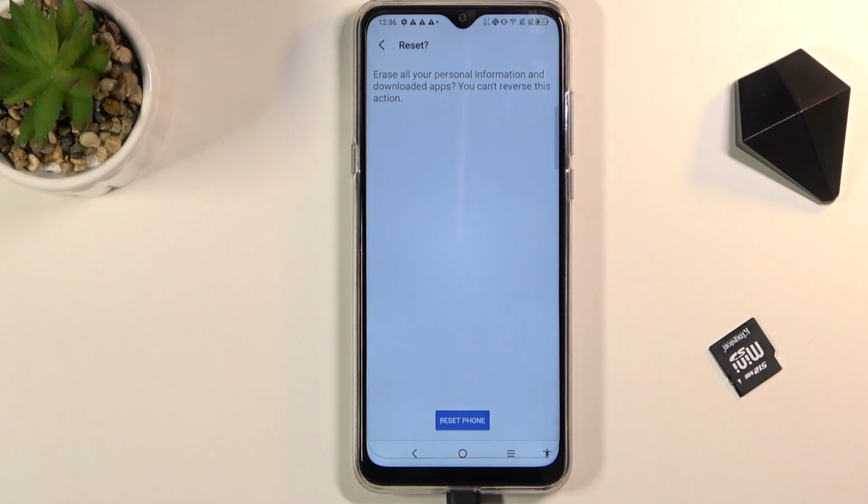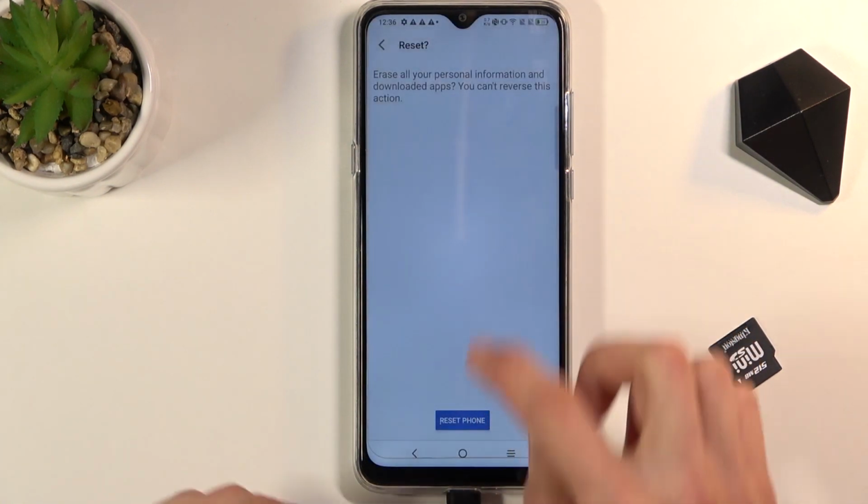Now for the reason that the battery is below 30%, I am unable to go through this process right now, so can't really do much about it. But the process is fairly simple. Once you tap on the button, it just resets, and from there it's straightforward. Just set up your device. So anyway, that is how you would bypass your